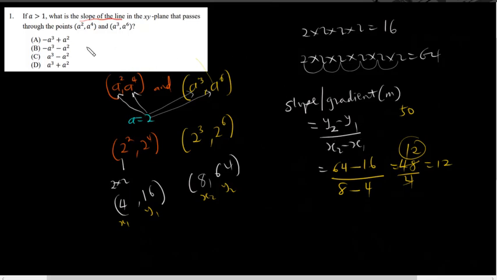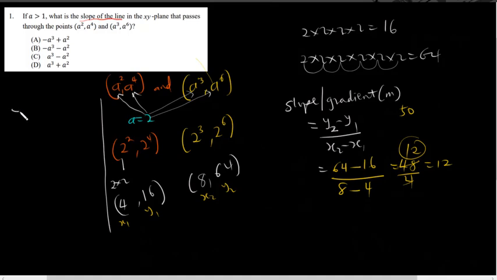So which one of these is giving me the number 12? If I look at these, well, I can guess it. I think it has to be D, because these will not give me 12. But let me try to tell you why I'm saying this. If I pick the first option,